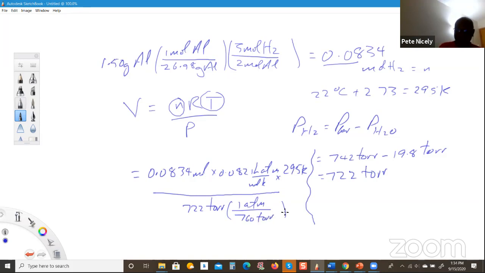Okay, so let me do my calculation here: 0.0834 times 0.0821 times 295 divided by 722 divided by 760. So according to my calculations, this works out to be equal to 2.13. And in terms of units, it's going to